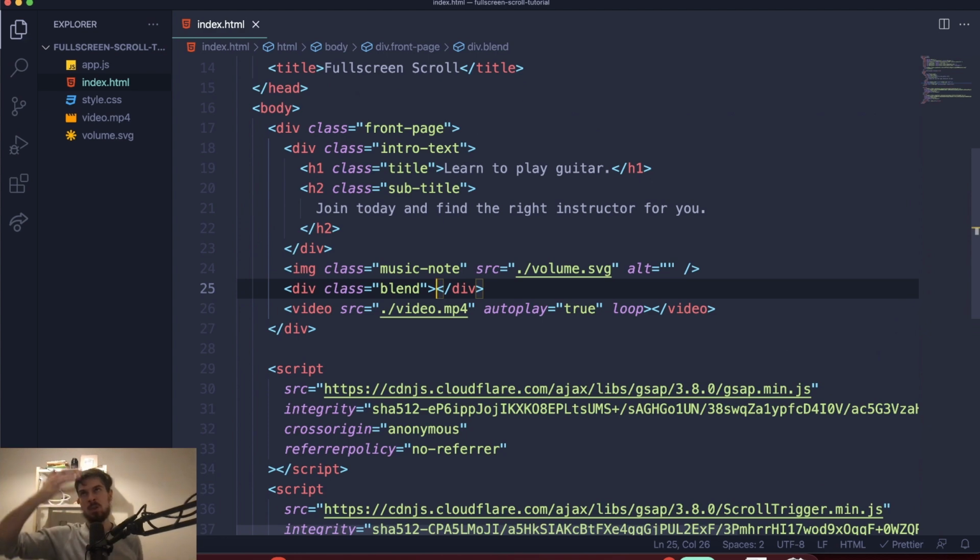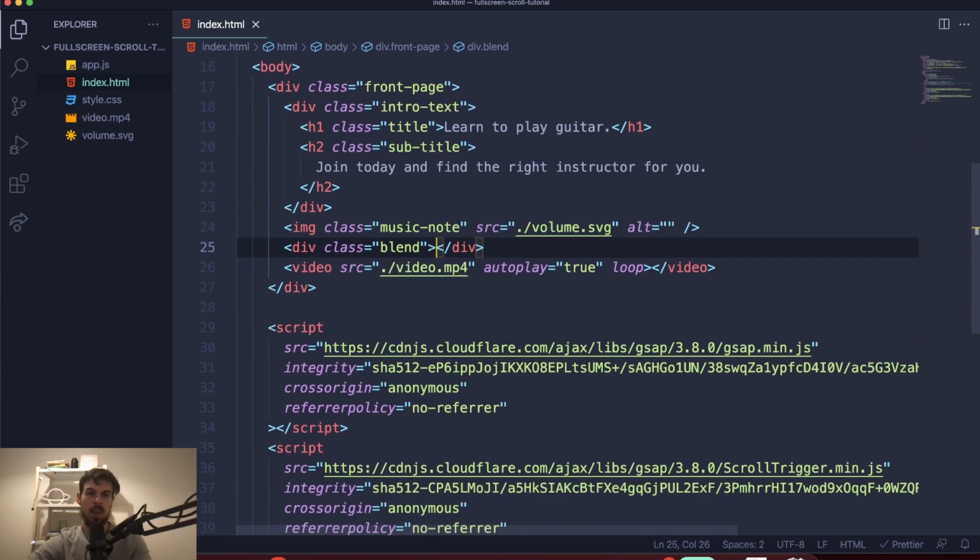So I'm going to use this to make the video darker. I'm just going to create a full-on black background on top of it, and then just bring down the opacity to make the text and everything pop a little bit more. Okay, and finally outside here, so outside of this big div, I'm going to go down here and just create